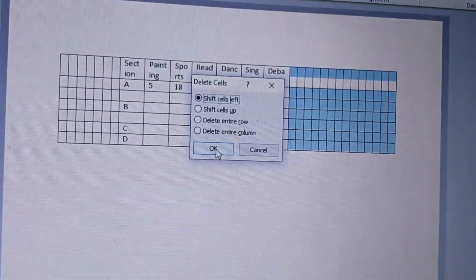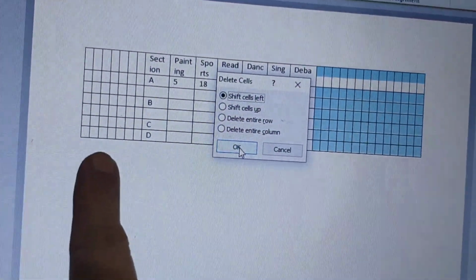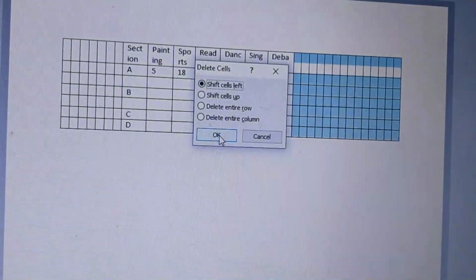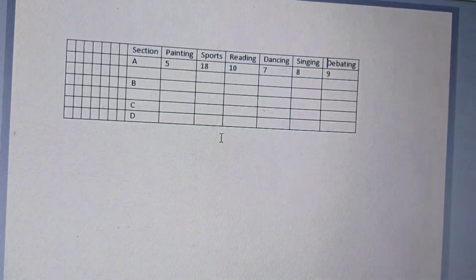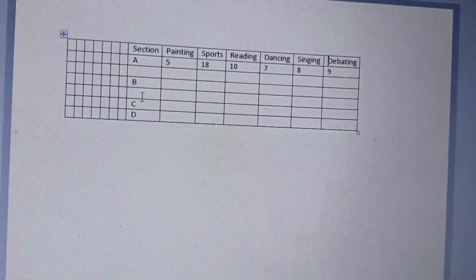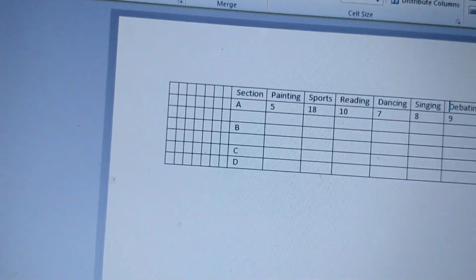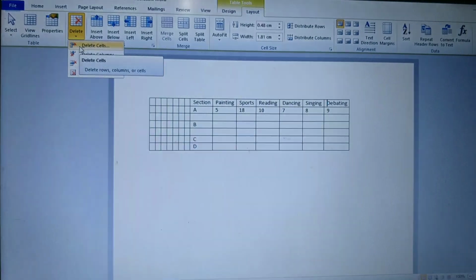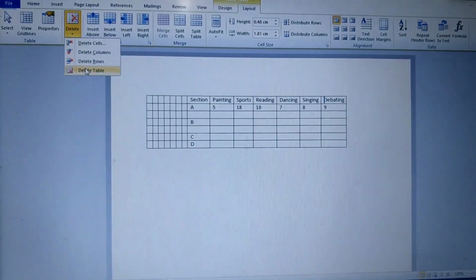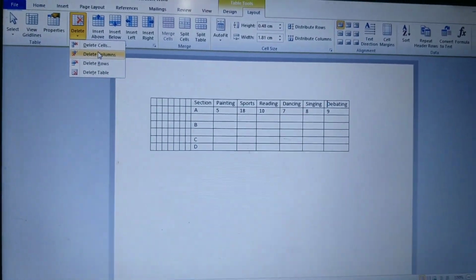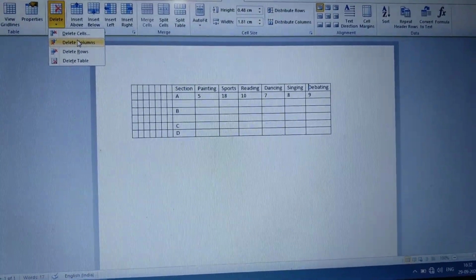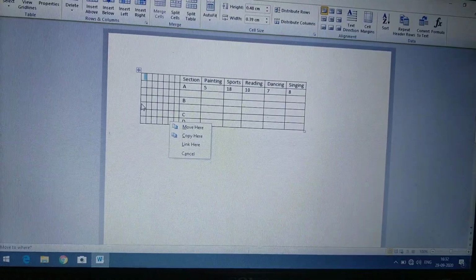You can select the row or column and then select shift cells left, then click on the OK button. If you want to delete the selected column or rows, or a whole table, then go to the delete option. There are 4 options: delete cell, delete columns, delete rows and delete table.